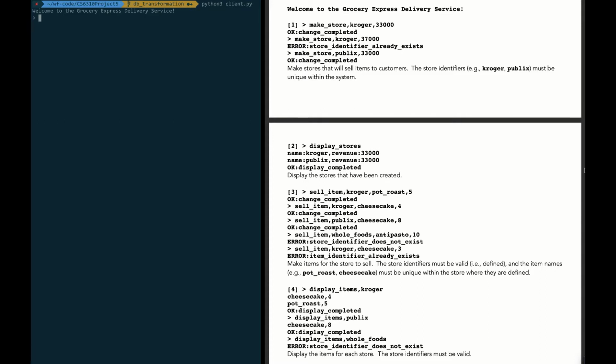The first new requirement that we had to account for was if a user tried to create two stores of the same name, it should error out indicating that the store identifier already exists. As you can see on the screen, our program does exactly that. For example, if Kroger was created twice, it executes the first command successfully, while the second time we try to create Kroger, it errors out as expected, while also letting another unique store Publix be created. Display stores will display only the two valid stores that were created and will display them in alphabetical order